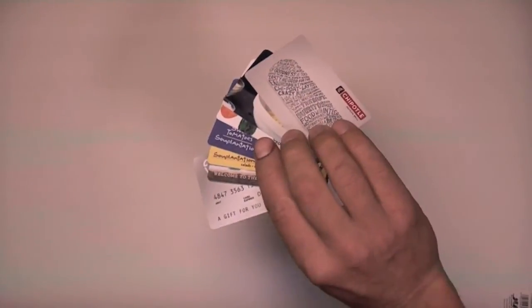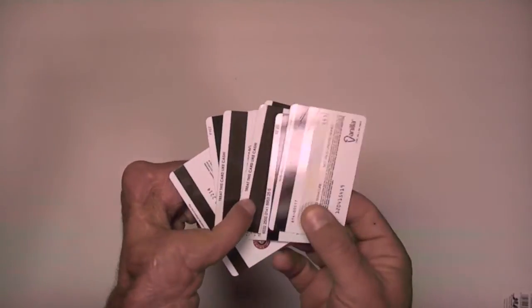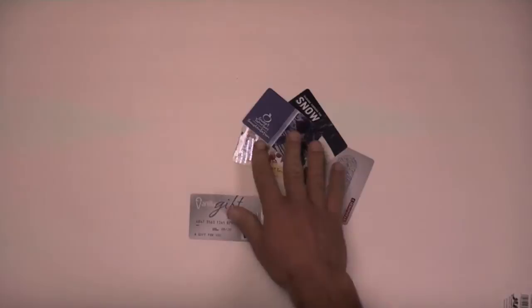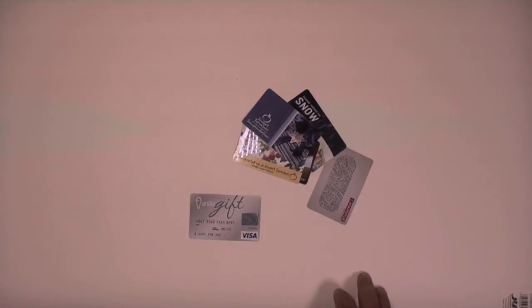So hopefully that'll give you a couple of creative ideas about how you can use these plastic gift cards, and go ahead and respectfully acquire some from your local retailer or restaurant and spend a little money there, and I'm sure they'll be happy to have you repeat business,